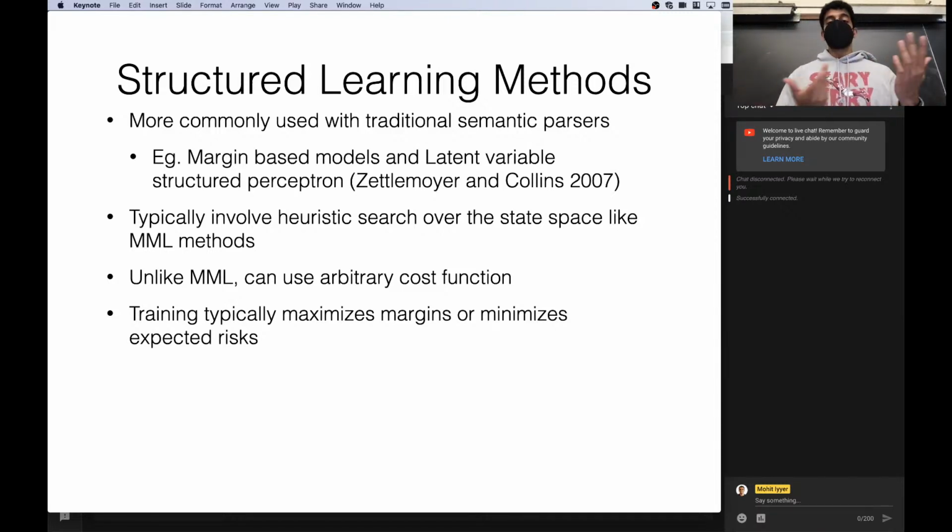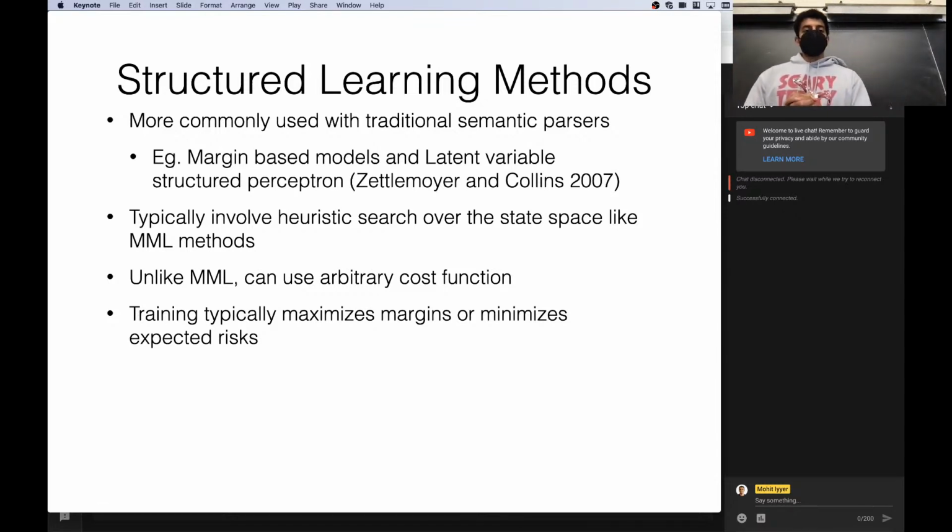WikiTableQuestions only has 15,000 or 20,000 training examples, so it's not very big, and the questions can be quite complex. So the structured learning approaches essentially use a bunch of heuristics to prune the logical form